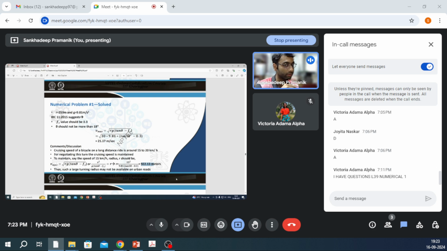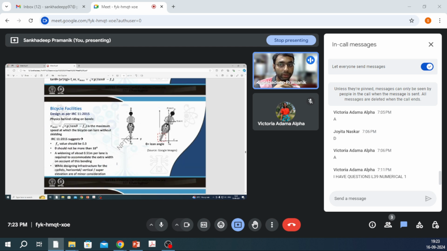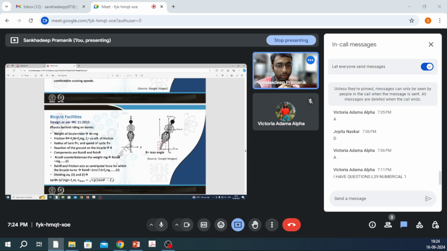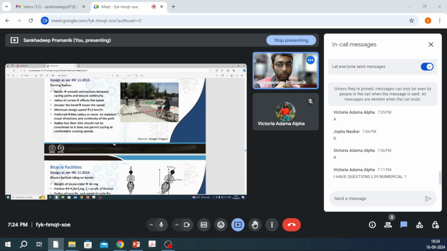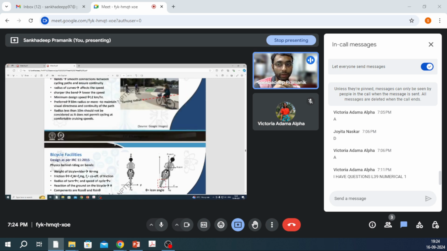Means the authority has to provide a large radius for turning of these bicycles, which may not be available on urban roads. Therefore this speed is restricted, considered between 5 to 15 kilometers per hour,